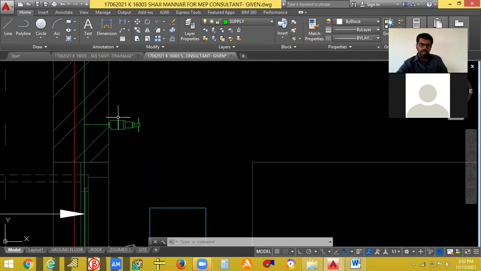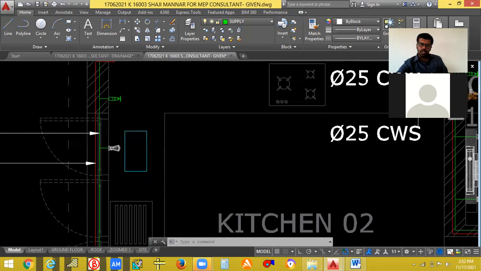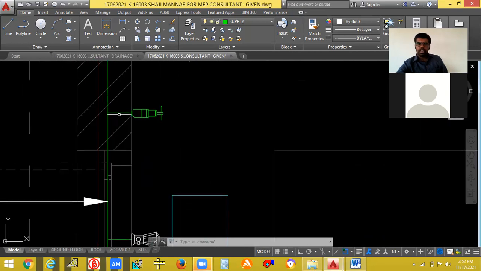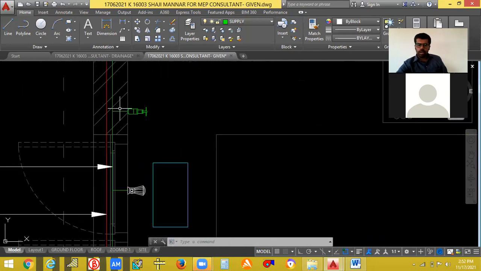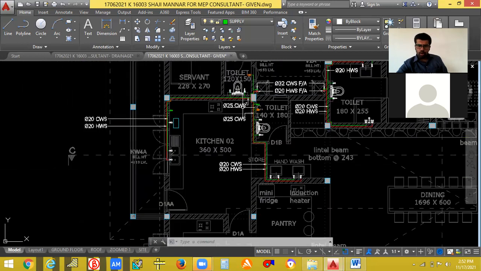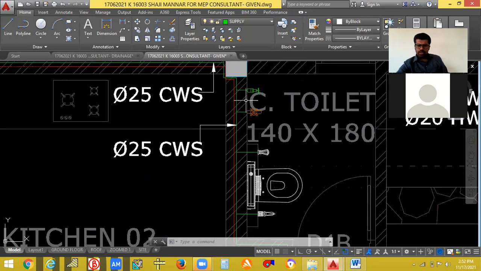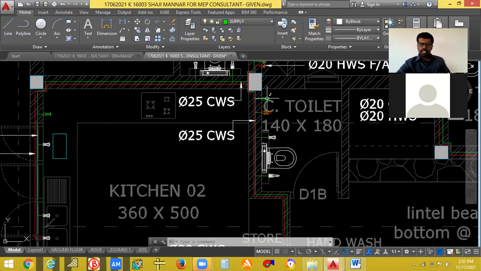So if you want to stop the water facility in this particular area, you can give this. So if you are pressing it, it will completely stop the water to only this particular area. So you can see another stop cock here. So if you are pressing this, so if there is any maintenance in this particular toilet, the water supply can be stopped to this toilet only. Okay, this is called stop cock, concealed stop cock.